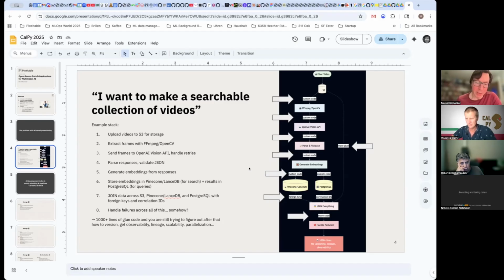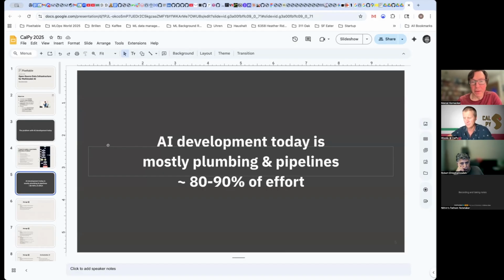Reproducibility, performance, and so forth, failures, retries, etc. This is a made-up statistic, but based on personal conversations, I would say it sounds about right. When you're trying to develop products utilizing AI technology today, a lot of the development is going to end up with you writing the glue code that moves data around, and pipelines and so forth.